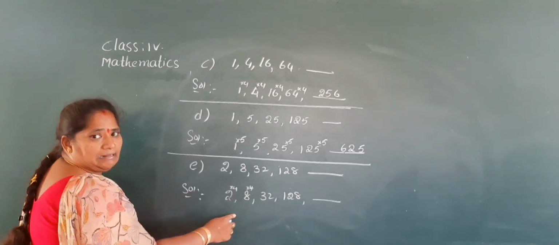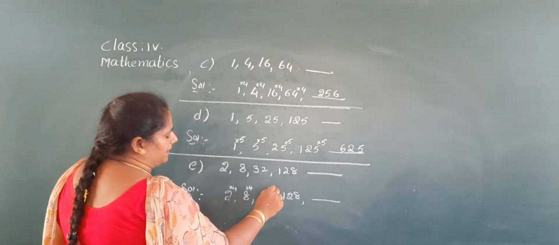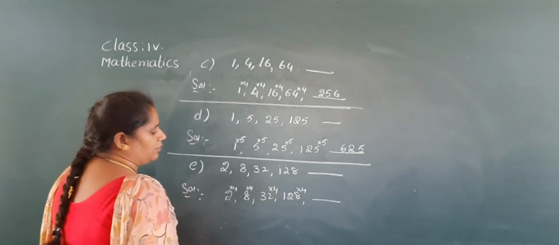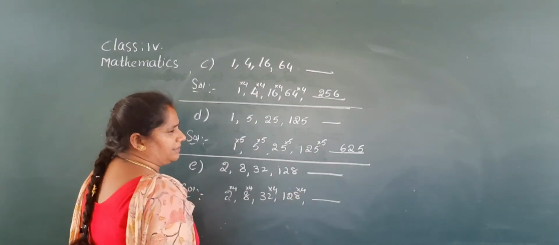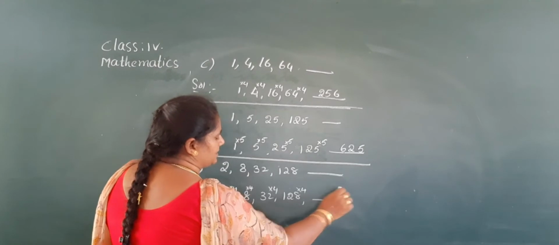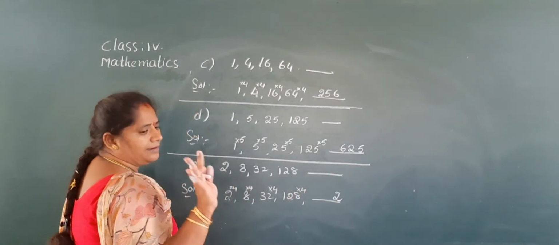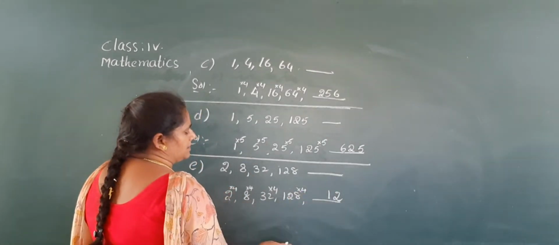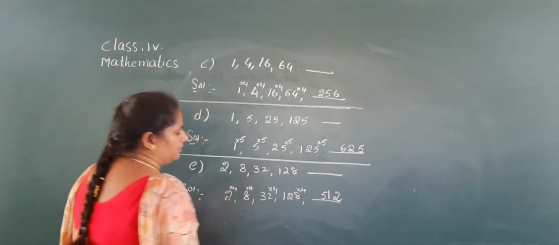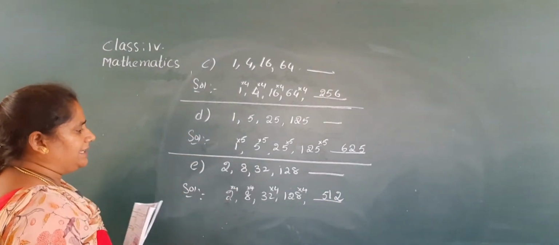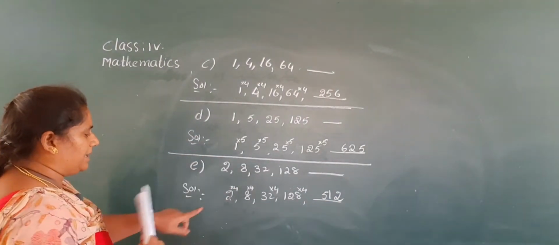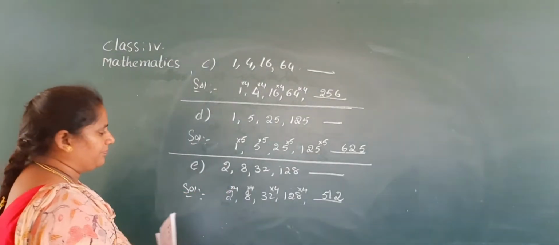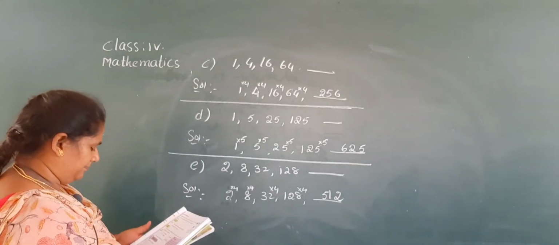8 4s are 32. 32 is multiplied by 4, we get 128. 128 is multiplied by 4, we get, come on, multiply. 4 8s are 32. 3 in hand, 2 is down. 4 2s are 8, 9, 10, 11. 1 in hand, 1 is down. 4 1s are 4 plus 1, 5. Okay? So like this we will get the next number. Here each number is being multiplied by 4 to get the next numbers. Note down in your classwork, Nana.